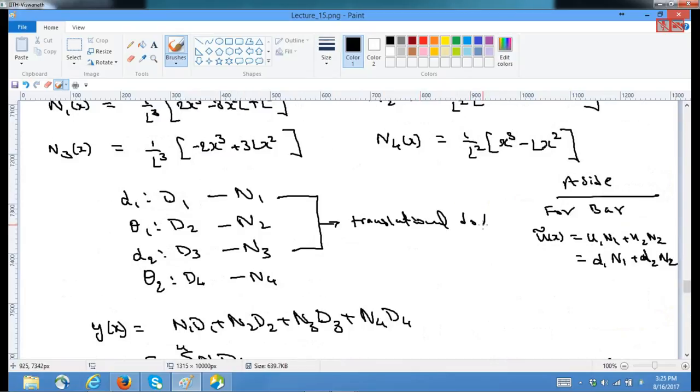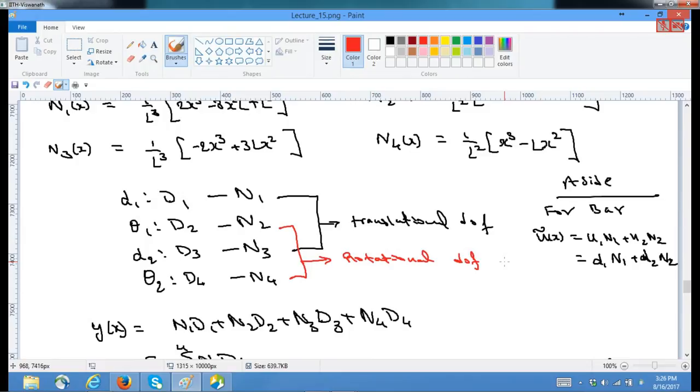However, these two represent rotational degrees of freedom. So that means not only our rigid body translation has to be represented by our shape functions, but also a rigid body rotation has to be demonstrated